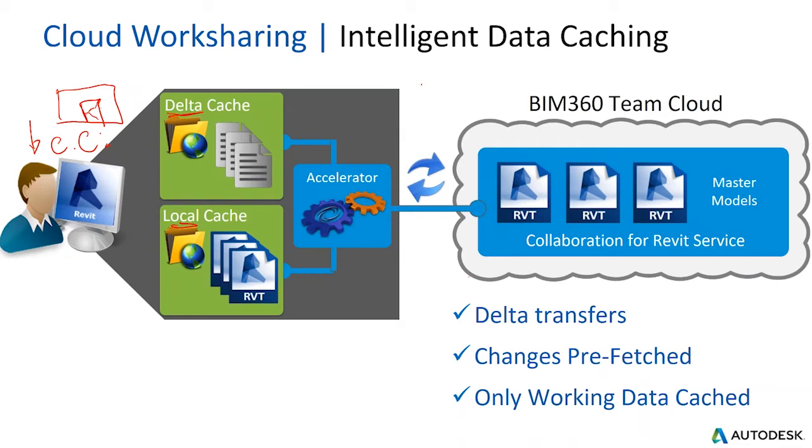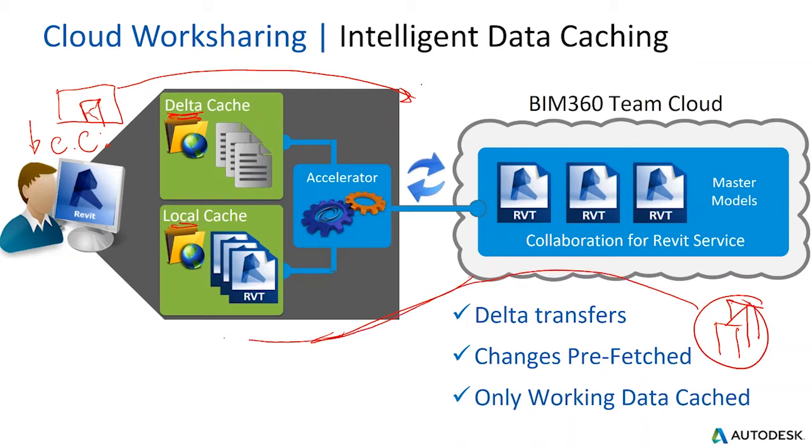this is called a delta change. You are adding a door to a wall, and if you never touched anything else inside of that model, only this delta change is propagated up to the cloud. And then let's say that Harry or Tara were working in the cloud and they're the structural engineers, and they added just a single column. When I reload my latest worksets, this is what gets reloaded down through the cloud from the structural engineer,